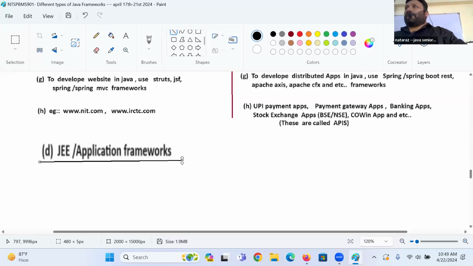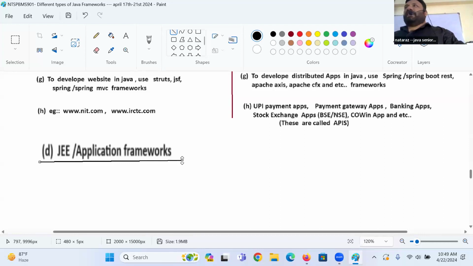If I know how to work with this application framework effectively, is there any need of learning other frameworks in Java? Is it not interesting? So ultimately, we are learning application framework.